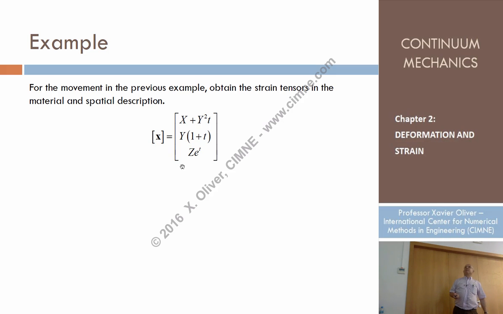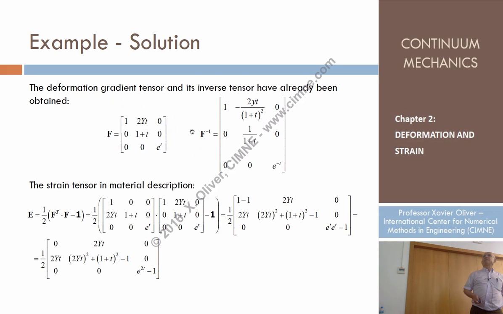Let's do this example. For instance, let's consider this motion. These are the equations of motion in matrix form, and let's obtain the strain tensors. Okay, that's the motion. That's the gradient of the deformation tensor. We have obtained that before. That's the inverse of the gradient of the deformation tensor we have obtained before. So now imagine that I want to obtain the material